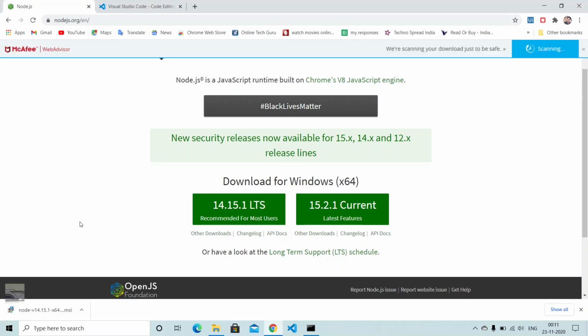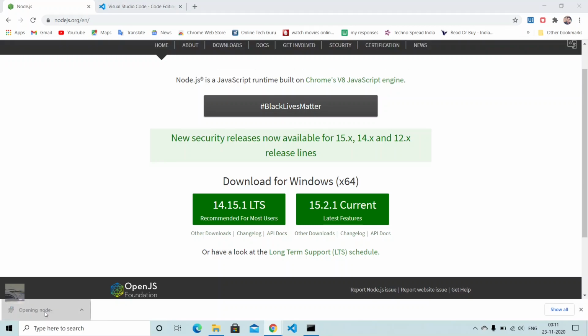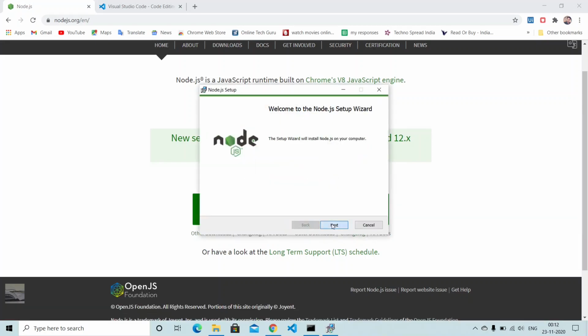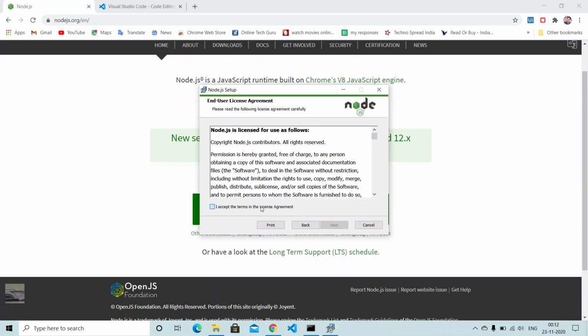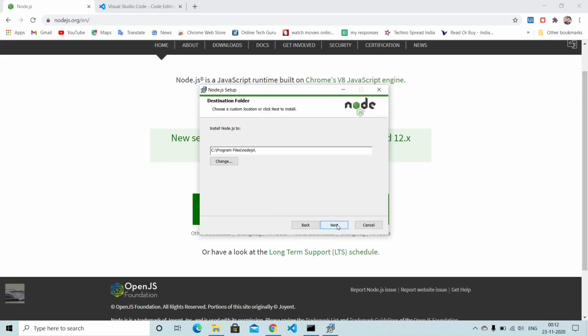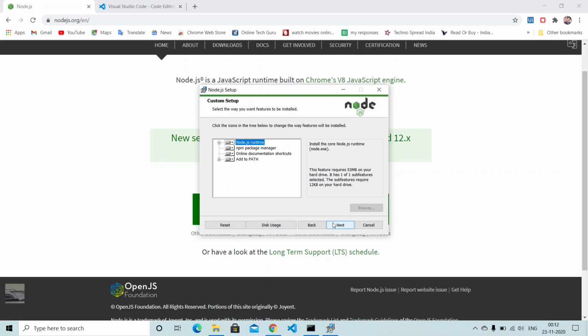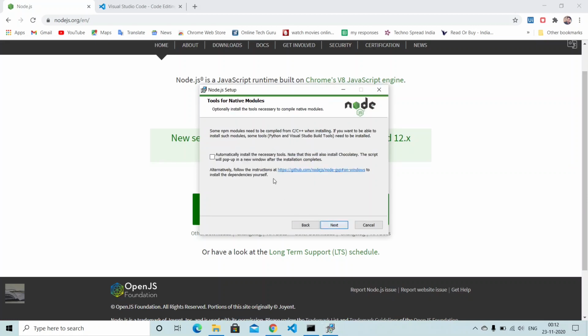Then we have our installation ready, so you can simply click on it. Next, accept the license. Next, check the installation directory. Next, again next. You can check this one out if you want to install Chocolatey. Next,